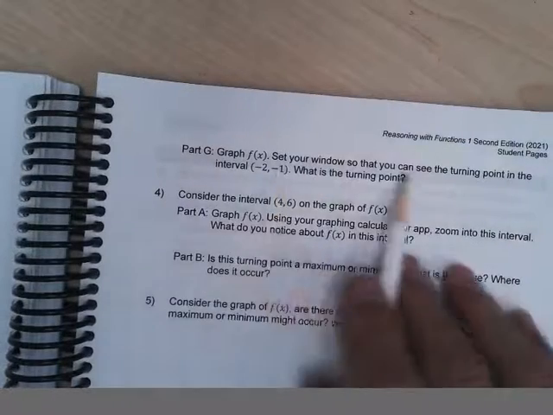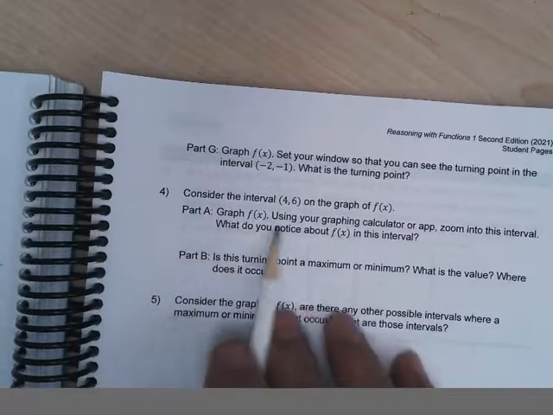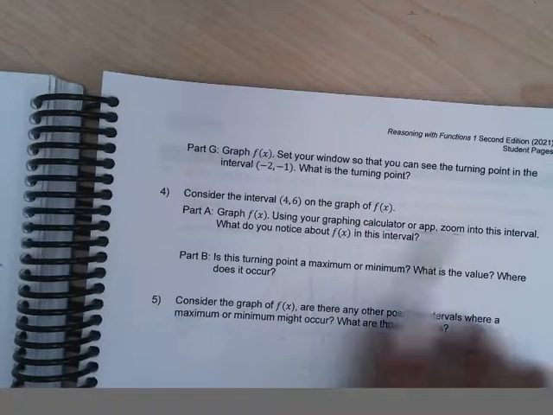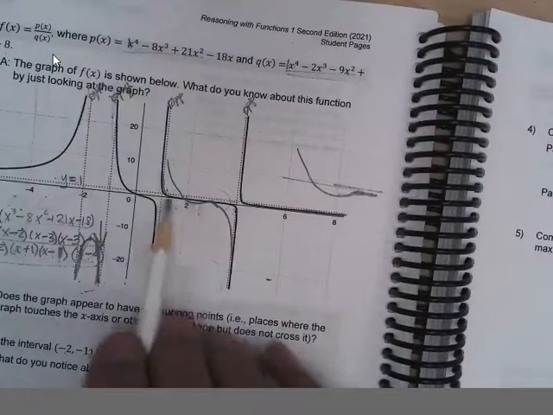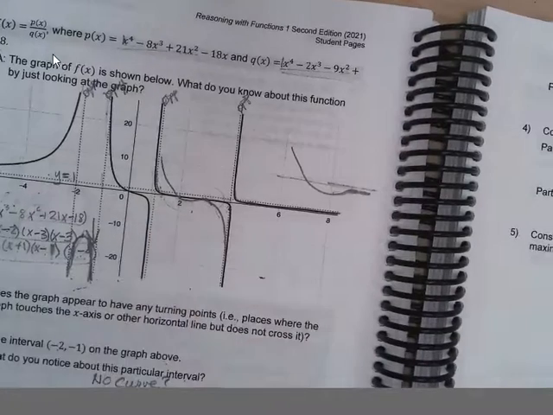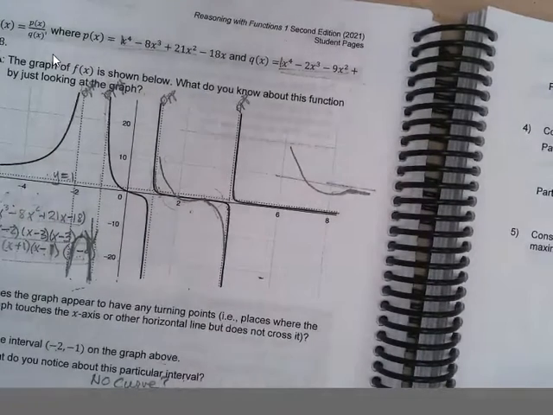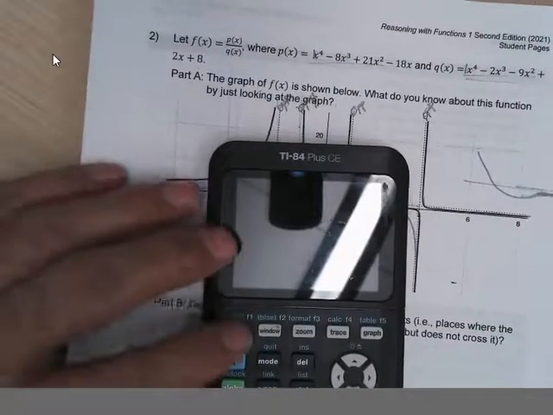So, next part. Set your window so you can see the maximum there. And graphing calculator or Zoom app interval, what do you notice in between 4 and 6? We have to look more closely at that so we can see how this works. And so we can find the minimum and a maximum there. And let's just find those now. So